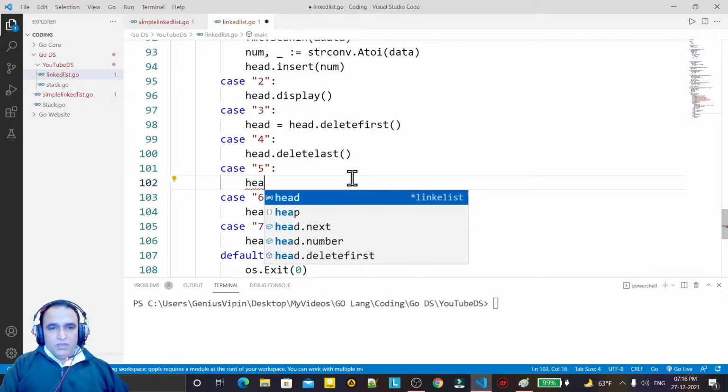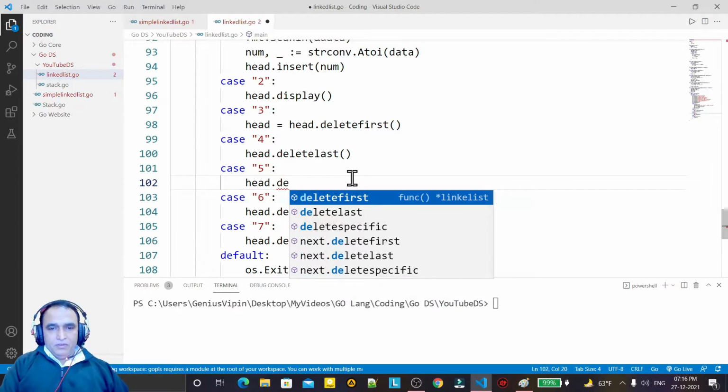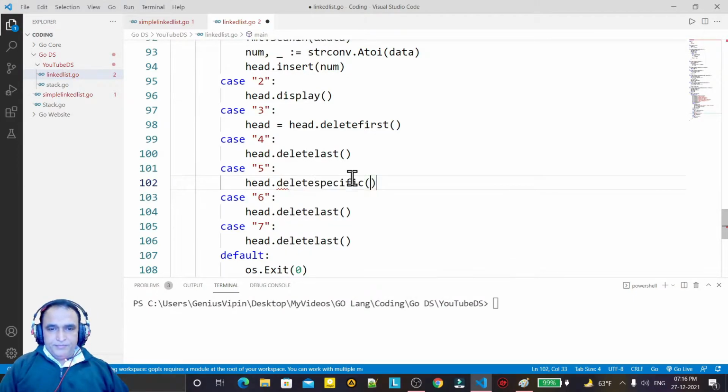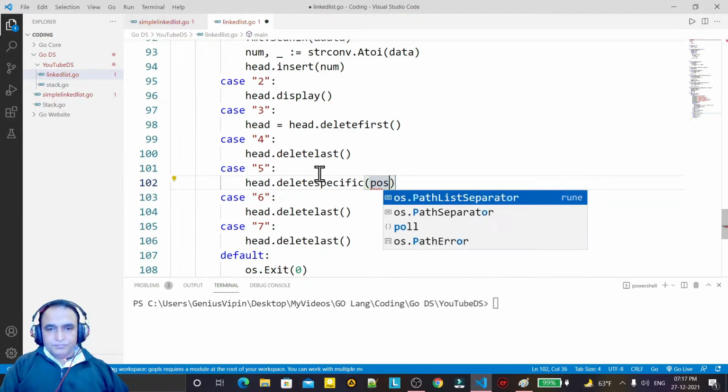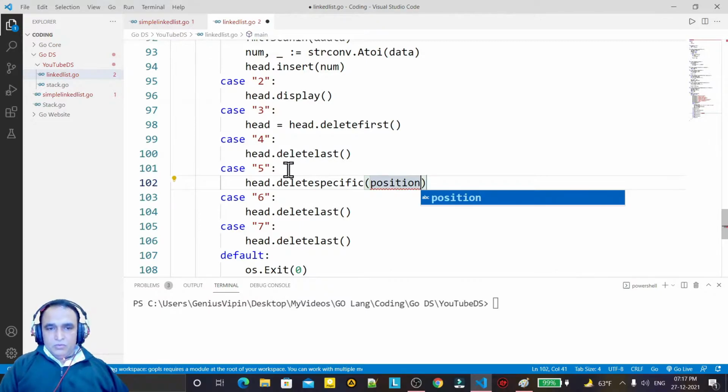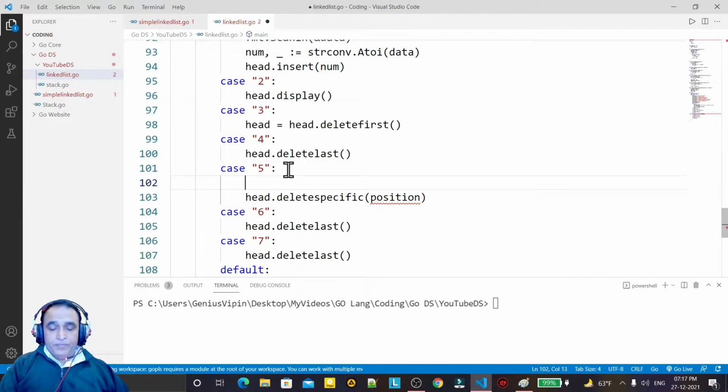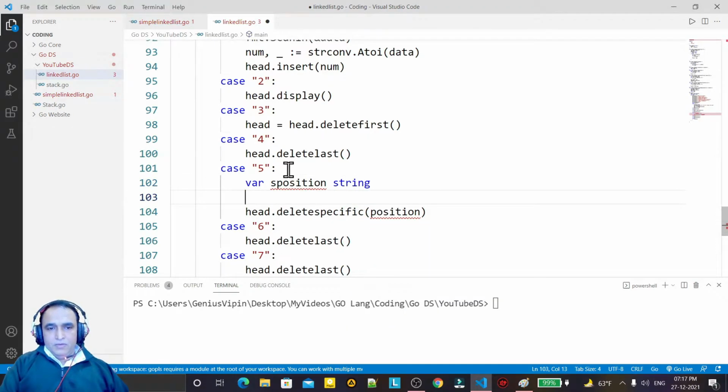I have to say head dot delete specific, and here I have to pass the position. So I have to take a value. So I say var position string.